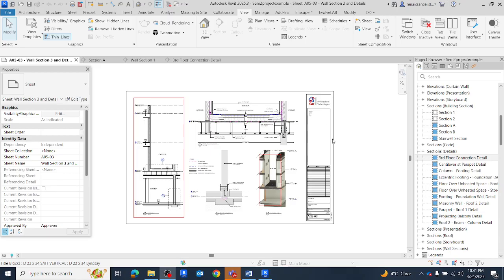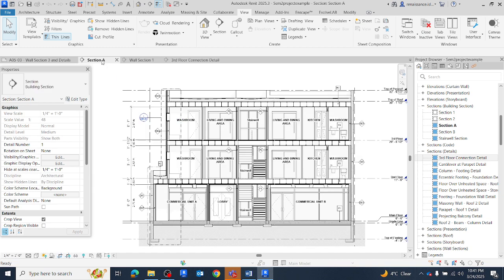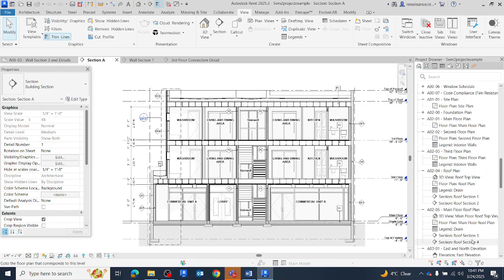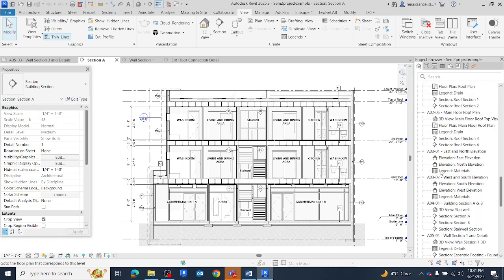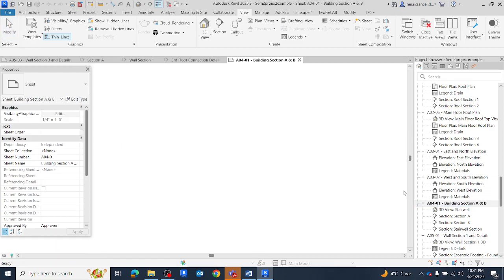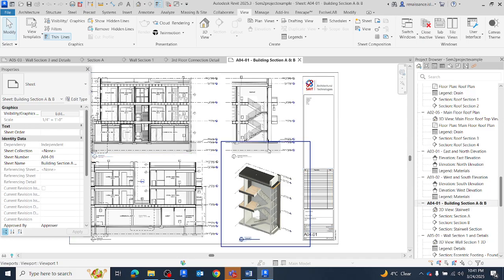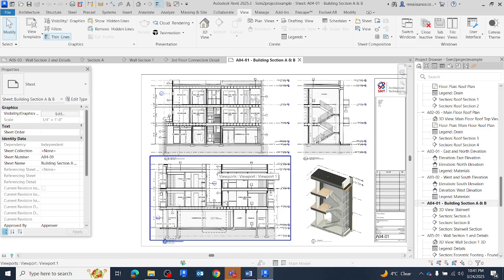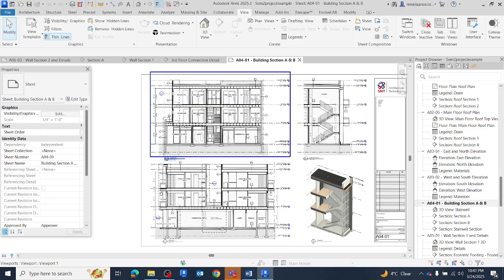When you have your drawing, like the sheet, the overall building section looks like that. If I go to the sheet, you will see that. Where is my section? These are elevations, building section. Because this is a 22 by 34 sheet, you can fit two section drawings, but if you have 11 by 17, maybe one drawing per sheet, which is okay. And